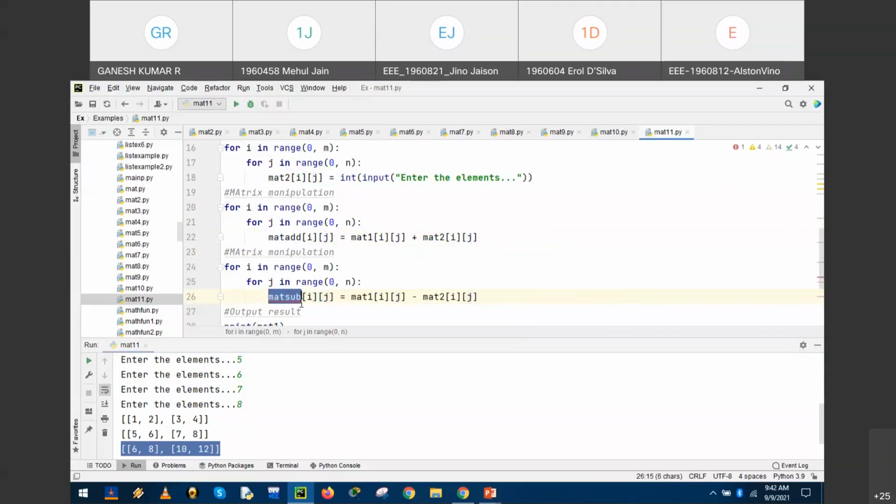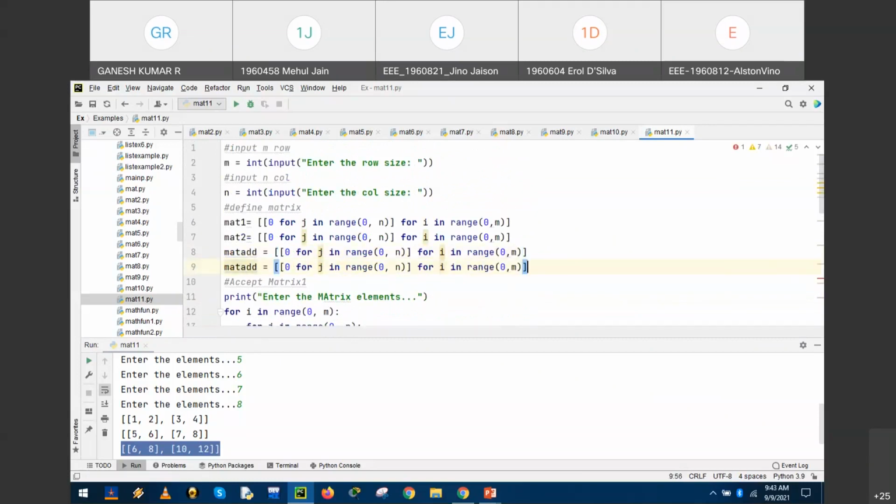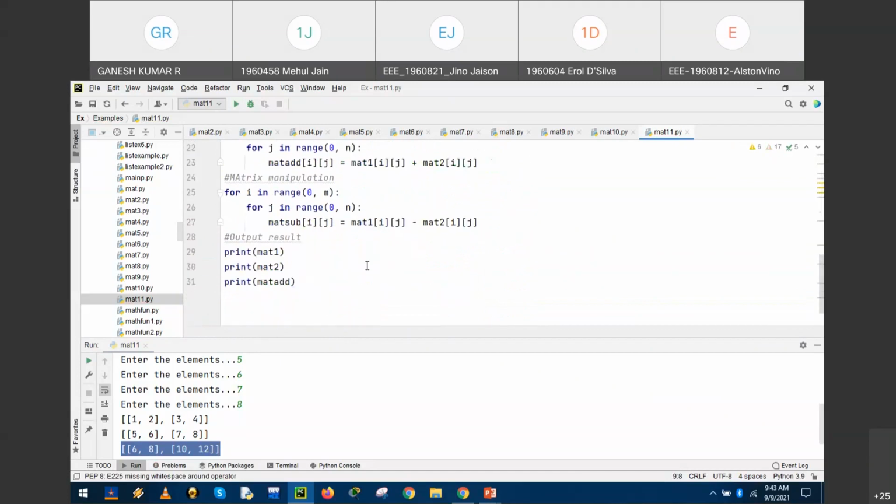Okay, it's a new variable. It is not defined. So we must define at the beginning, like matrix add, matrix sub, right? Matrix subtraction. Okay, fine. It is done.